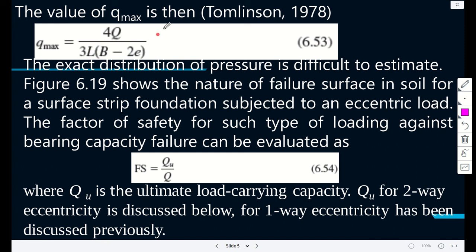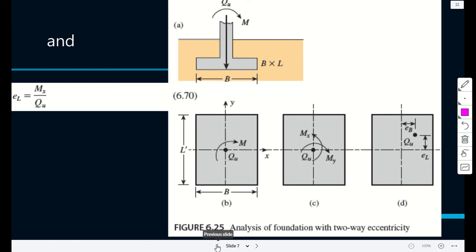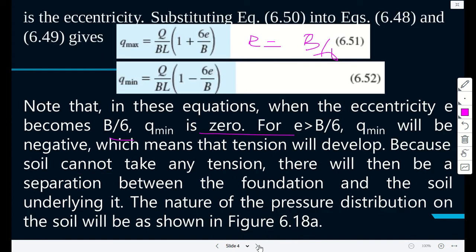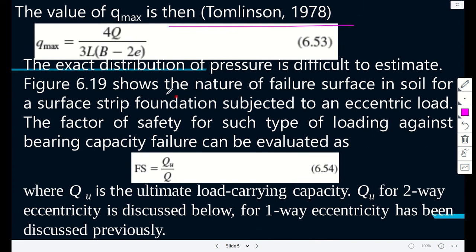So the value of Q max is, and this is from Tomlinson, the exact distribution of pressure is difficult to estimate. Figure 6.19 shows the nature of the failure surface in soil for a surface strip foundation subjected to eccentric load. The factor of safety for such type of loading against bearing capacity failure can be evaluated